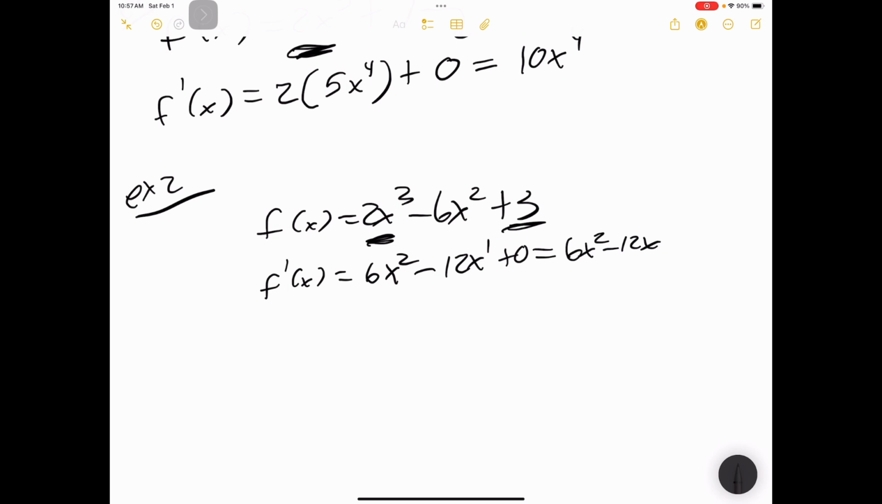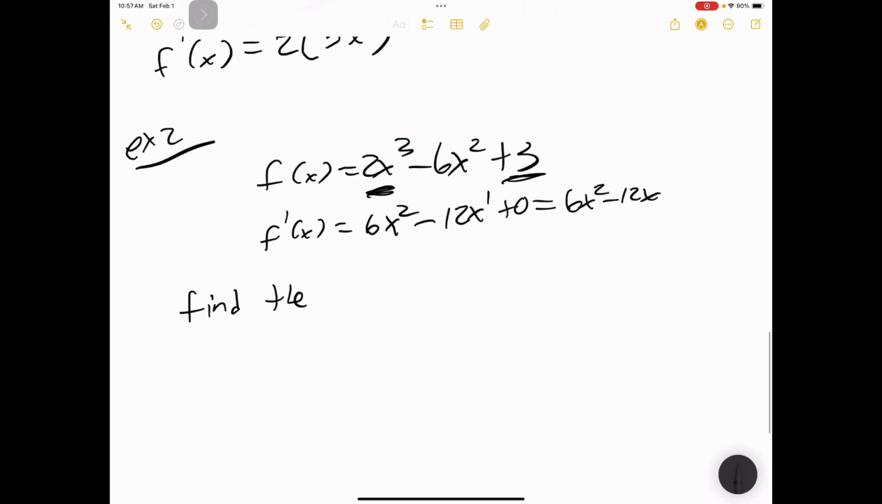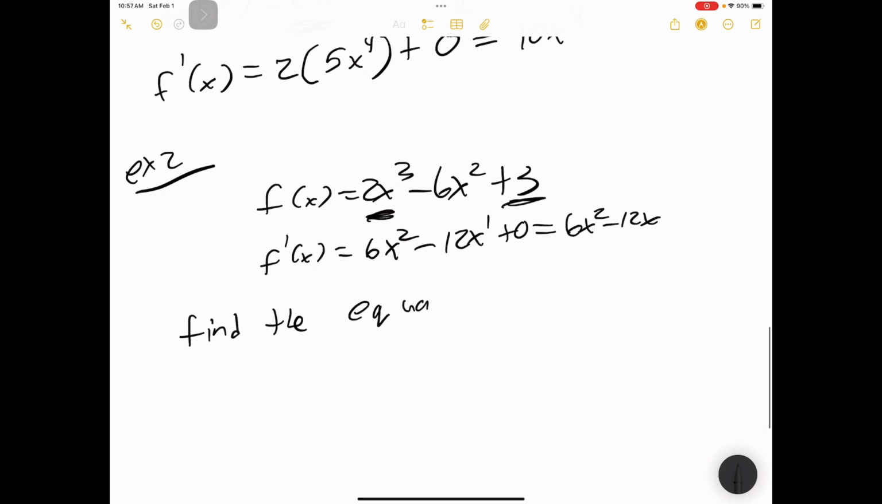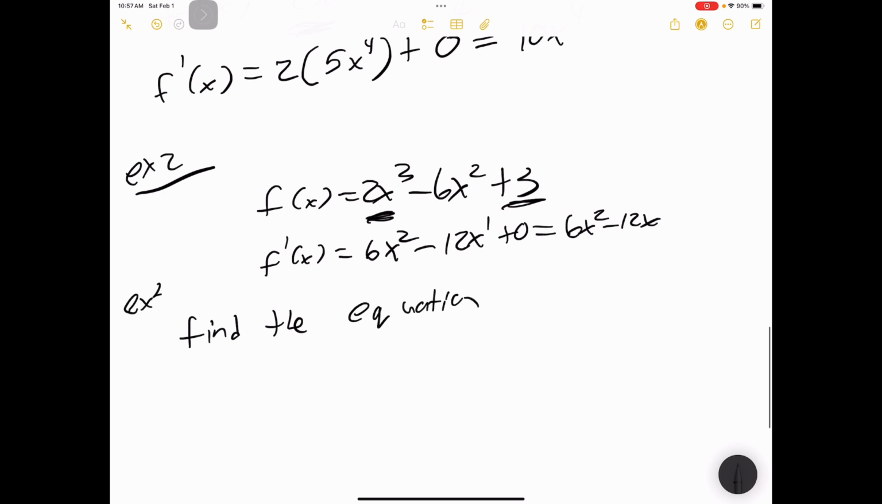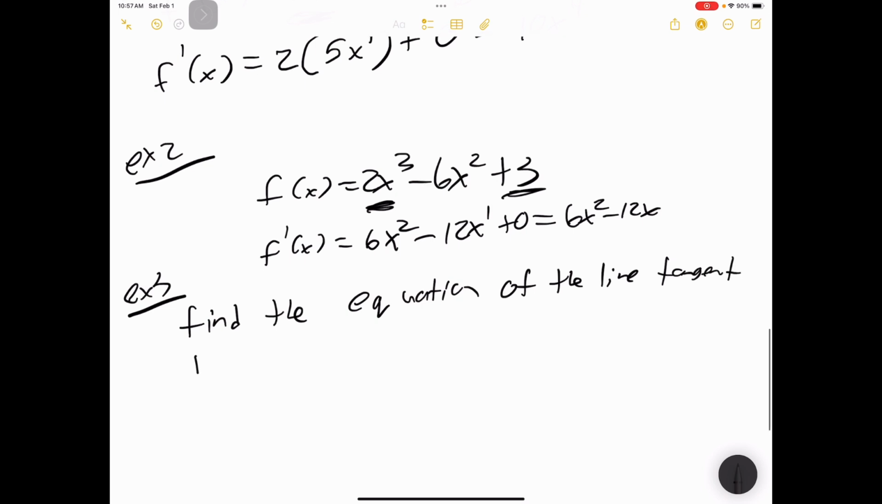Awesome. And let's remember exactly what these questions are asking. So if I want to find the equation, this is going to be example 3. If I want to find the equation of the line tangent, the line that touches a function at exactly 1 point, to f of x equals x squared minus 4x plus 6 at x equals 1,